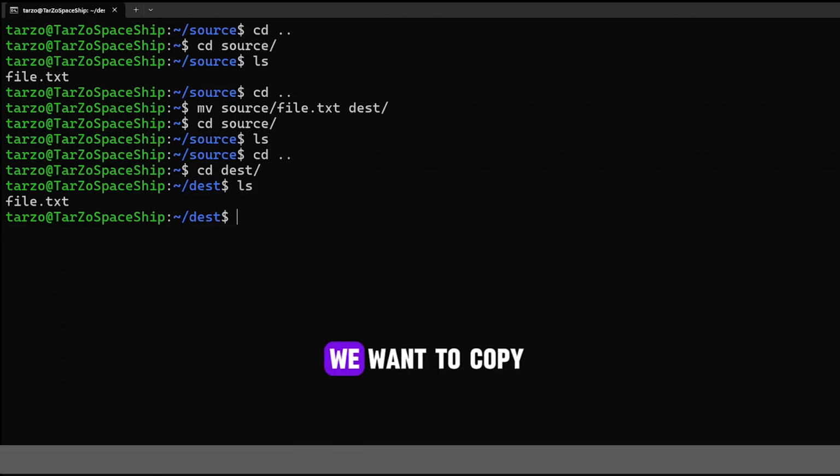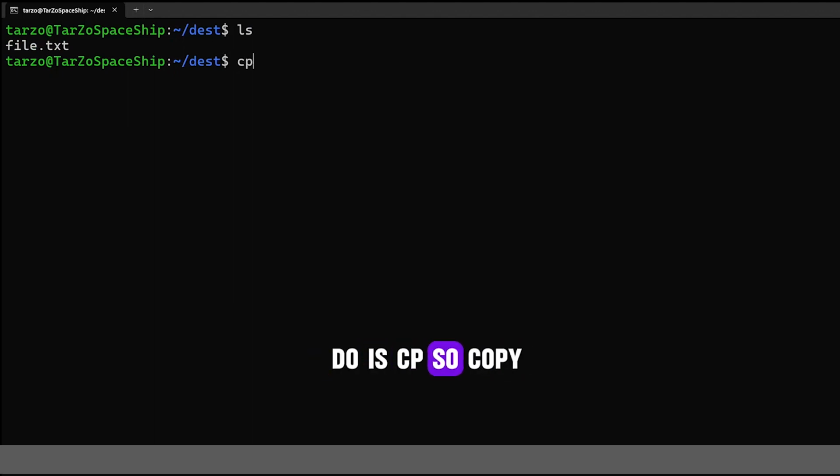So let's just say we want to copy it back one folder. So we're going to go back and then copy it. So again we can just see the file. Then what we can do is cp, so copy, and first is the source, so you can say file.txt, and the destination will be